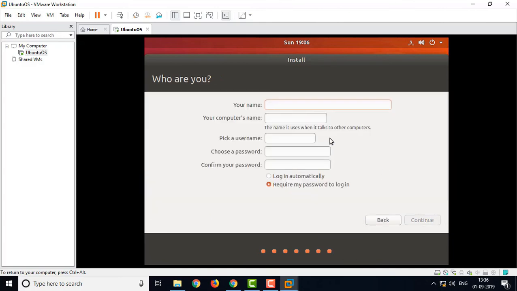Now continue. Now you have to give the machine name as well as the computer name, your name, username and password. So I will give my name. This is the machine name. My username is Naveen, and I am not going to give any password, so I will select login automatically. Let's see whether it is allowing. It's not allowing, so I have to give a password also.